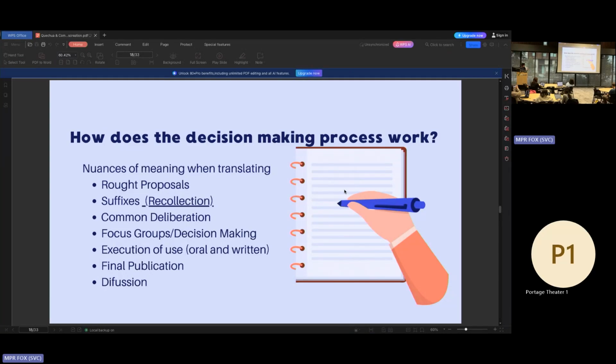Also, after going through this process of collecting these different suffixes, we go to common deliberation. This is where, after collecting these different words, these different suffixes, these new ideas, we go to discard what should not be used. Sometimes what happens in Quechua is that many Quechua speakers like to adapt or sort of simplify certain concepts, because we have a lot of connection, a lot of influence from Spanish, and we want to break some parts of that. We want to get away from that in some sections.